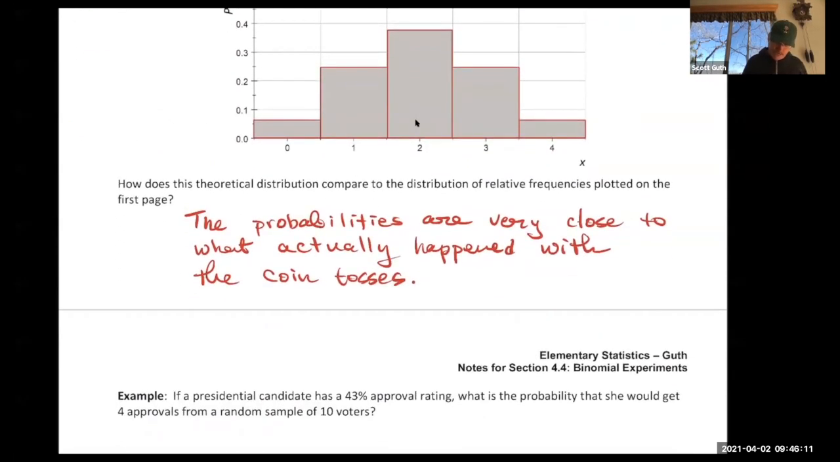I think I might add, same with the mean and standard deviation. The mean came out 2, as we'd expect, the expected value. All right, now,